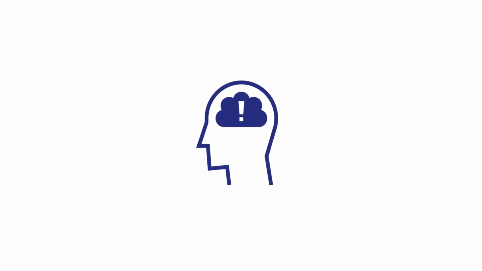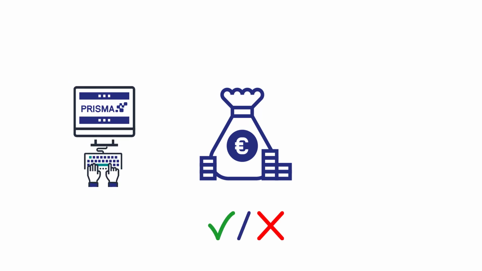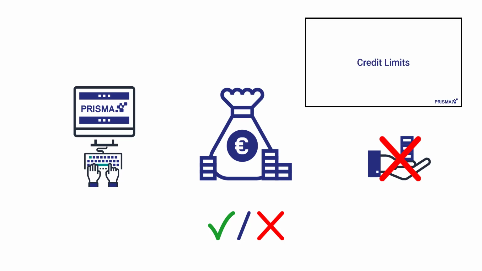There are a few things to keep in mind when it comes to Comfort Bids. Firstly, know how much of your credit limit has been used when setting up your Comfort Bid. The platform lets you create a Comfort Bid without checking available credit. However, bids will only be placed at the start of the auction if you have enough available credit. If you do not have enough credit, the platform does not place a bid, and you will not receive an email notification letting you know that there is not enough available credit to place one. If you have questions about credit limits, we have a separate video around this topic that may help you.